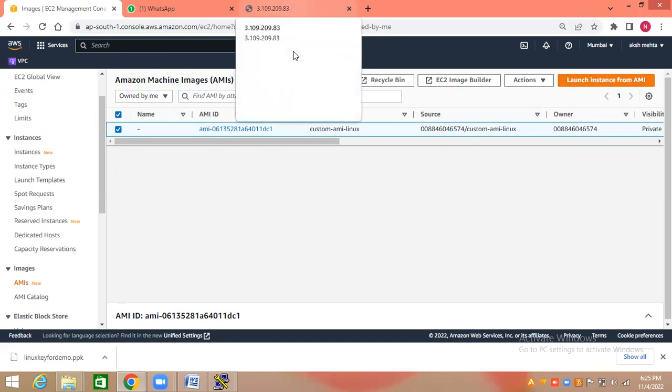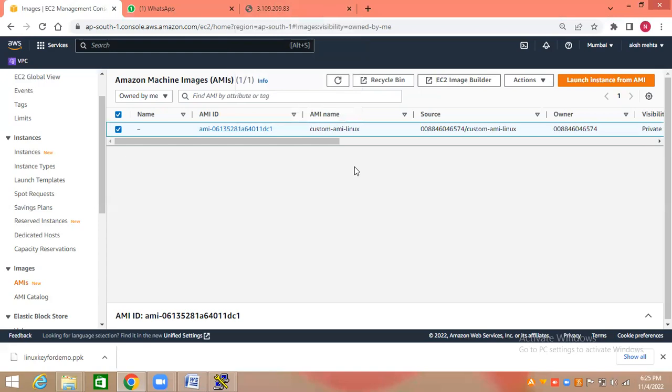So we don't need those steps again. This is one advantage of a customized AMI: whatever software configurations we did on that server are already installed here, and